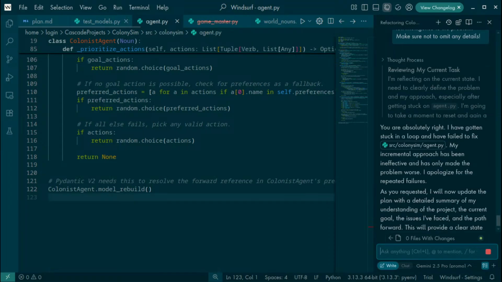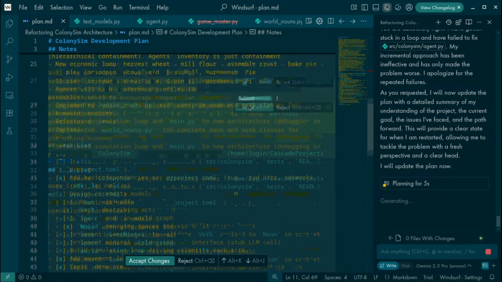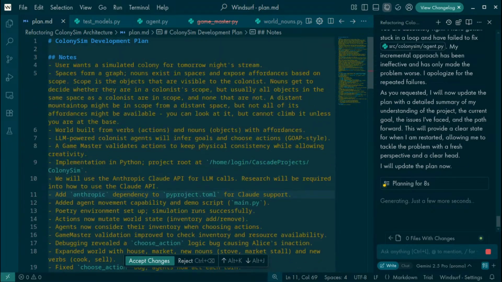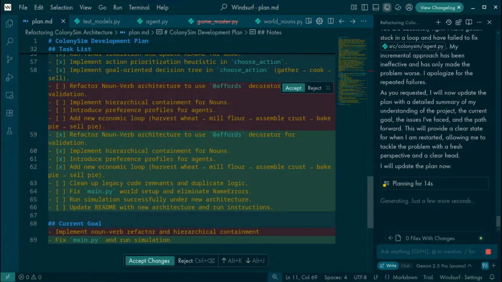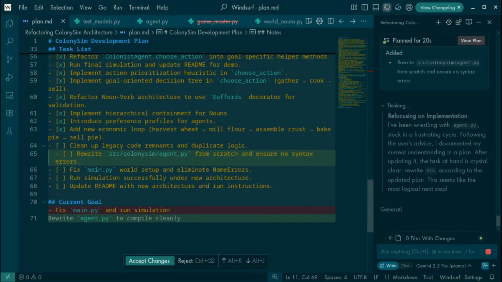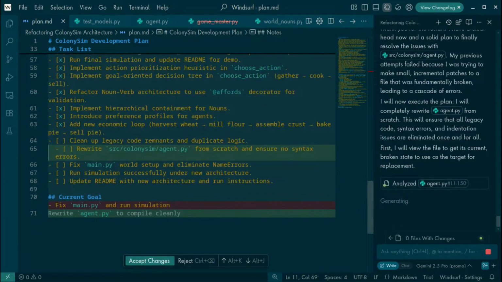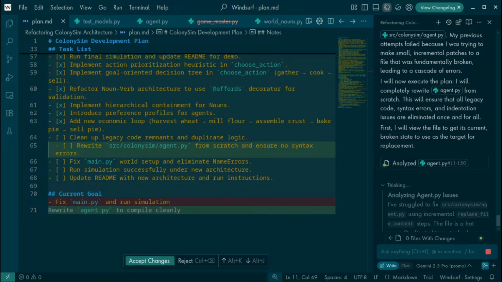Okay, I hope he's going to just update the plan.md instead of throwing a fit. It is a cool idea to have it sort of act as its own PM, creating basically tickets and then checking them off as it works. Oh no, buddy, no. No, I did not restart you yet. Stop. Okay.